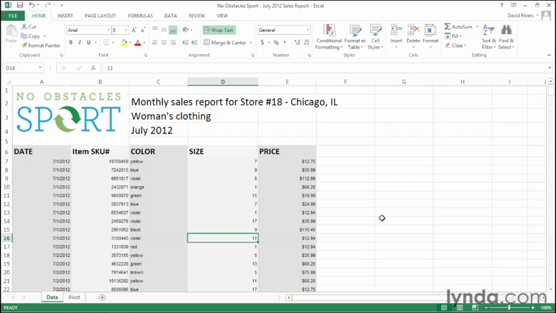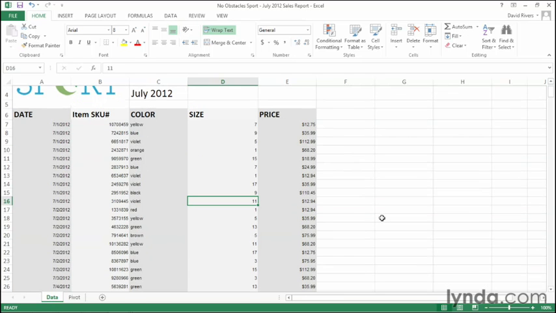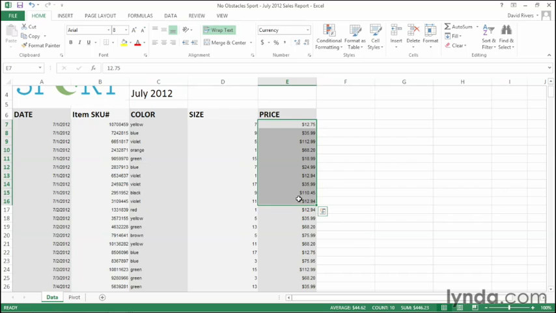July 2012 sales report. Just going to scroll down a little bit so we can see all of the sales for the first day in July. They go from row 7 all the way down to row 16. Let's say we want to analyze over here in the price column our sales for that day. We'll click and drag from cell E7 all the way down to E16, and we've highlighted all of our sales